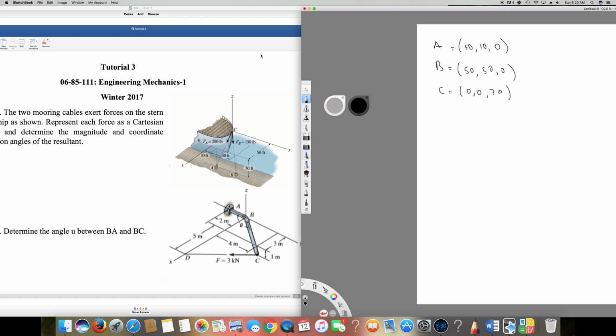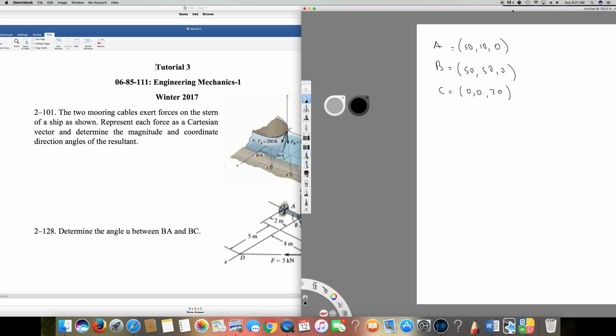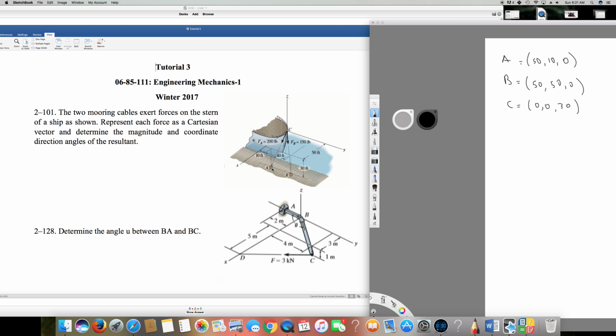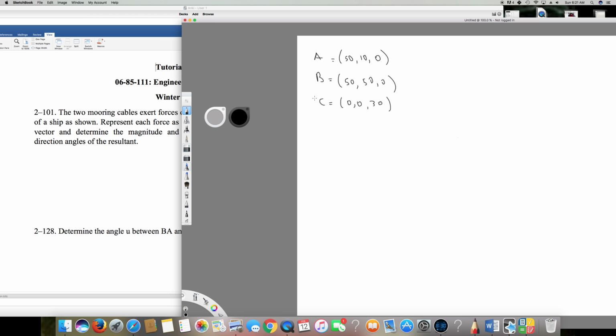So they ask in the question, let's read the question again: two moving forces act on the stem, represent each force as a Cartesian vector and determine the magnitude, coordinate direction angles of the resultant. So we have to find the resultant first. In order to do that, I have to find FCA and FCB to calculate the resultant force. So before I do that, first of all, I have to calculate the